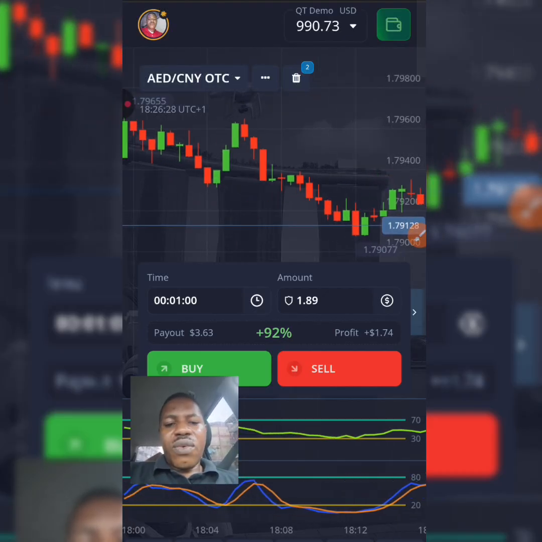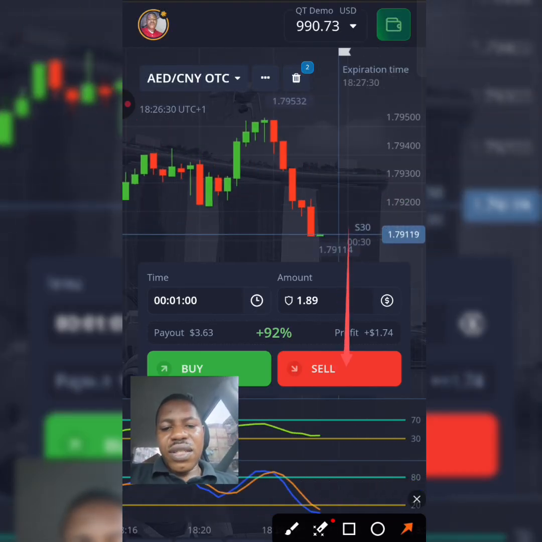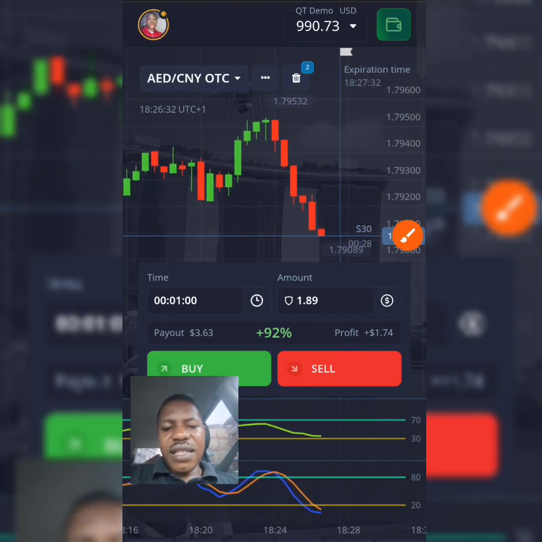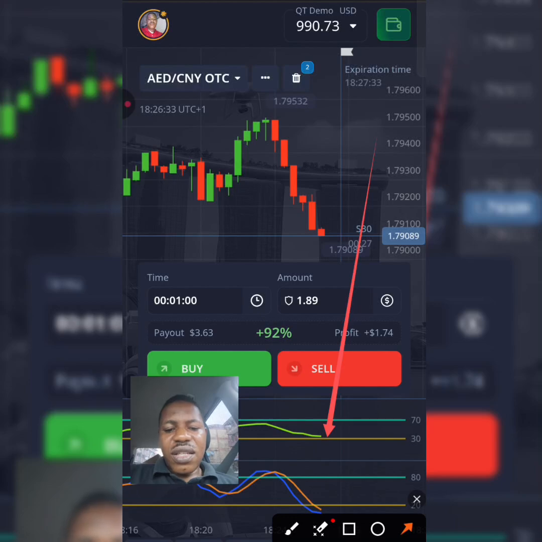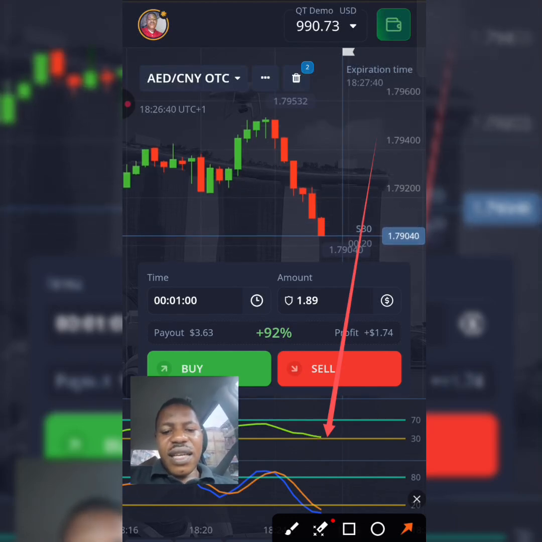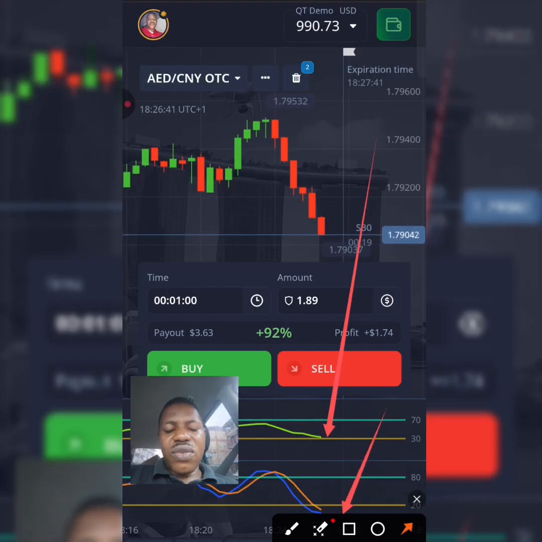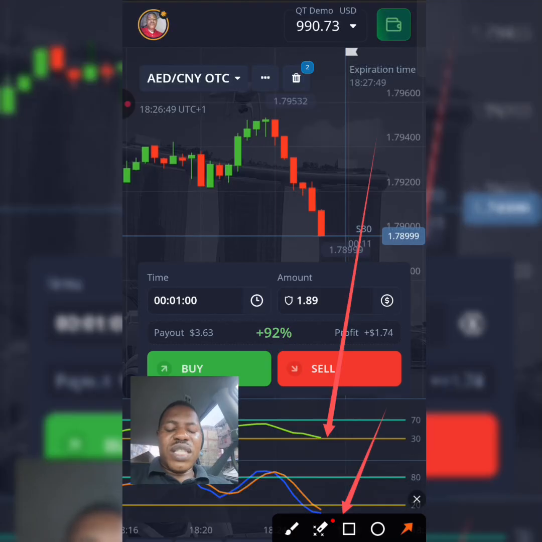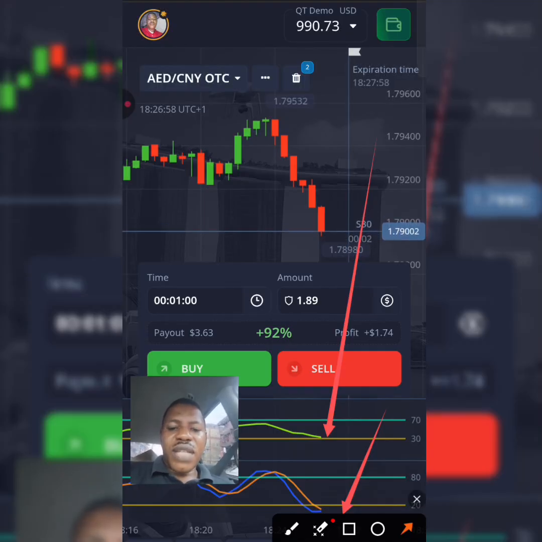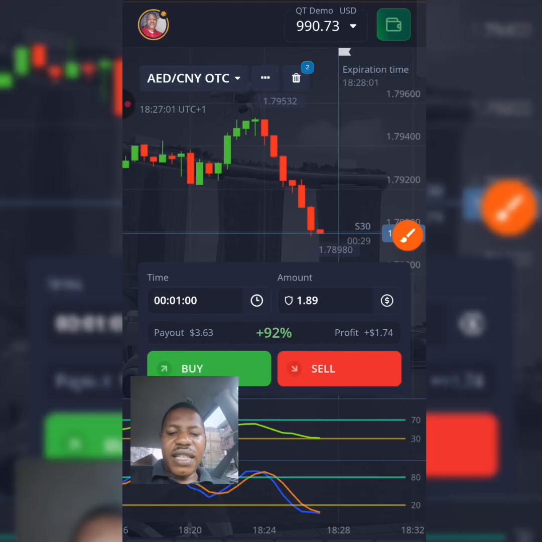When the RSI is very close to 30, and the stochastic is in oversold, that is under the 20, and the blue line is a bit far from the brown and is about to cross to the upside, then we take the trade. Like in this case now,